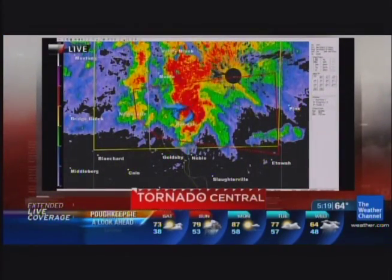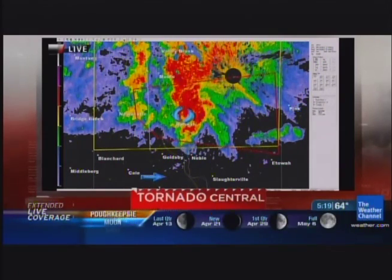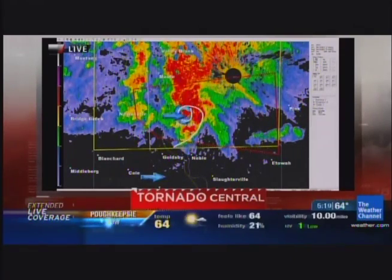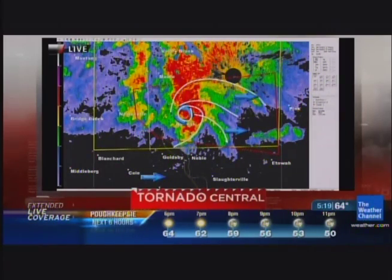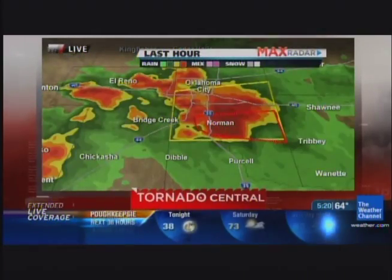Now the rotation has cycled very much like what we often see when storms are getting rotation in the comma head, with the comma punctuation mark back there. The strong rotation is actually now well embedded within the rain. We're seeing little bands coming in toward it here. You can actually see this little spiral coming in, this spiral coming in. So the whole storm is almost like a mini hurricane, if you will, with all these bands revolving about that one location. But fortunately, not a real tight rotation that's indicating a tornado at this point,